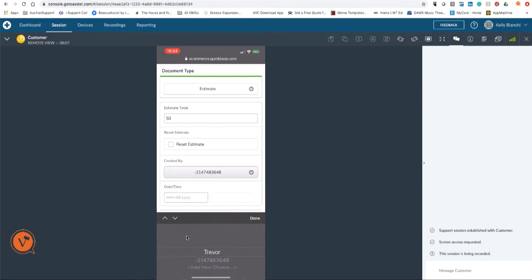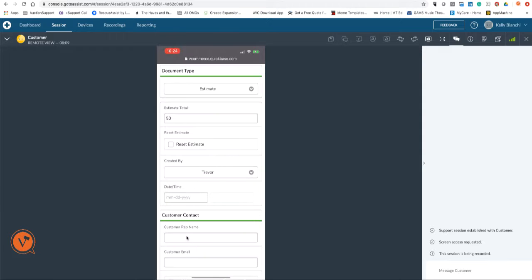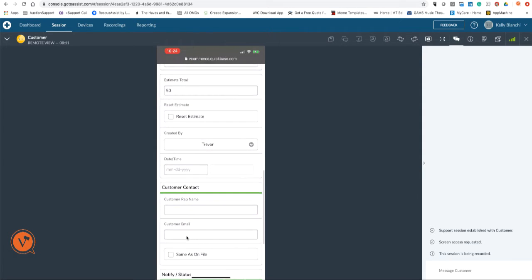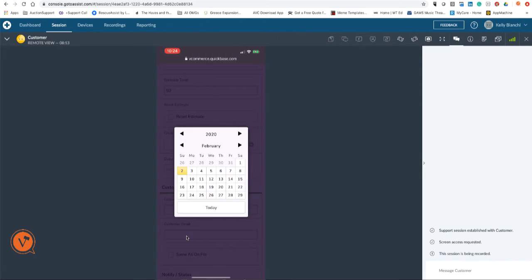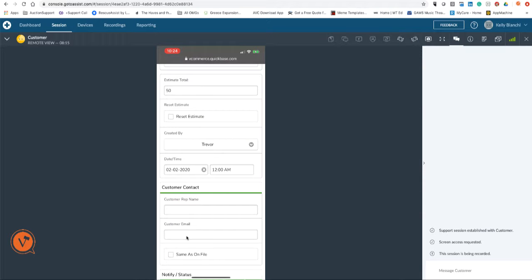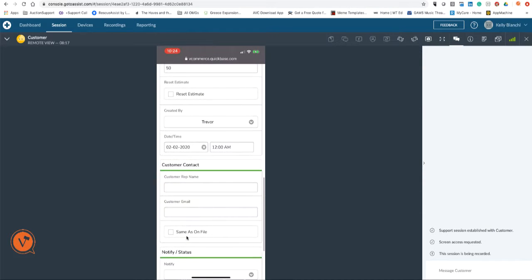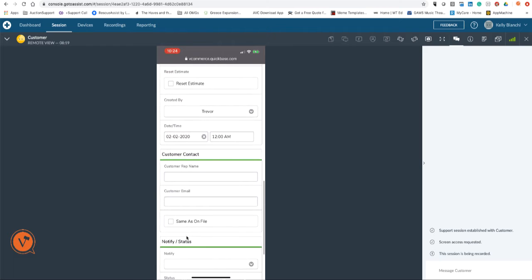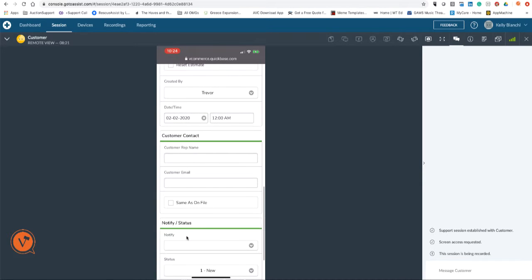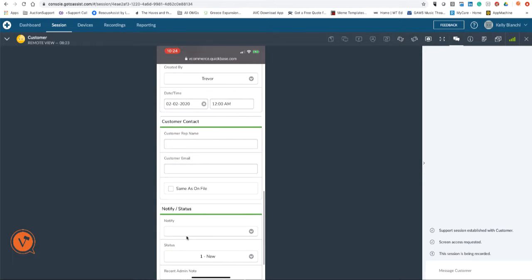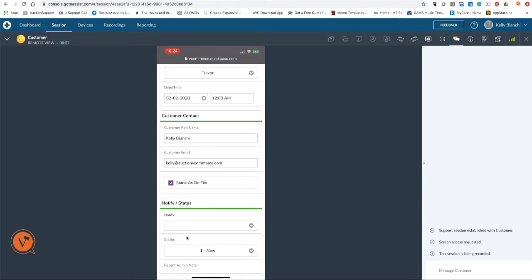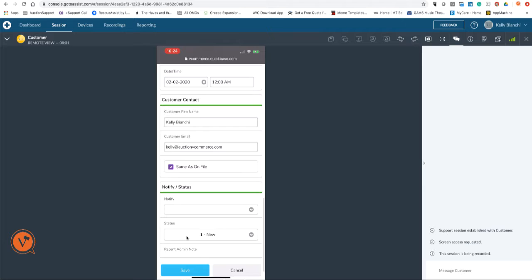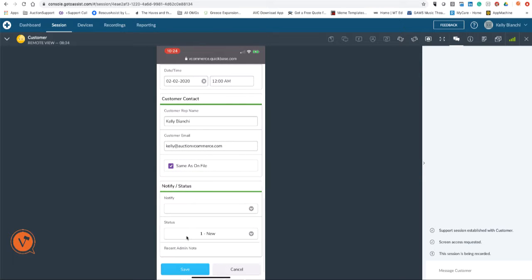We're going to say that Trevor created this estimate, and we're going to say that we did it today. You can put in a time, you don't have to. Who's our customer rep and our customer email? Because we're going to want to email this to a customer. So I'm going to click same as on file because I already know that we have that information in there. And that's another good reason to make sure all of your customers have a primary contact and an email listed